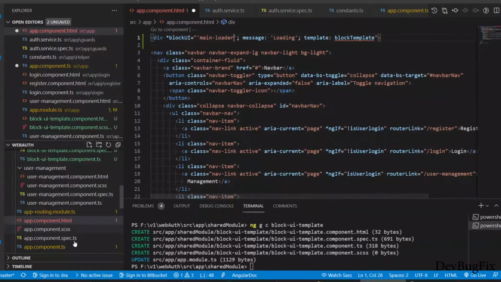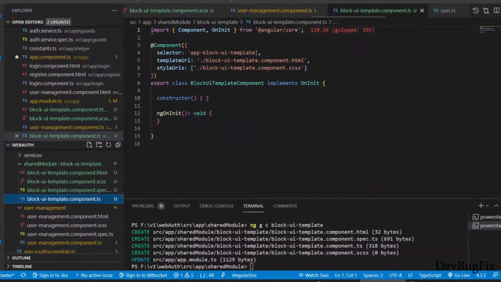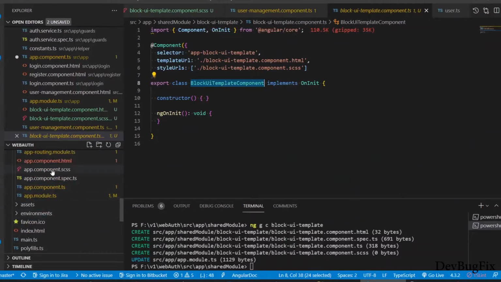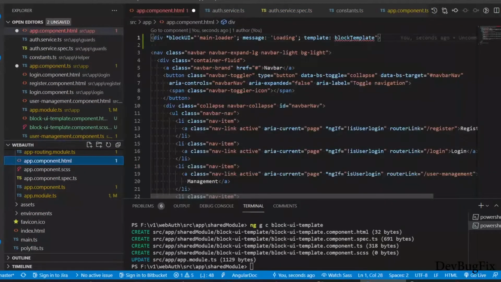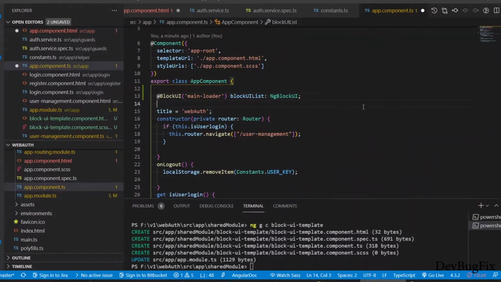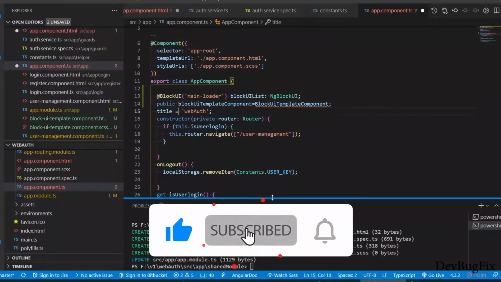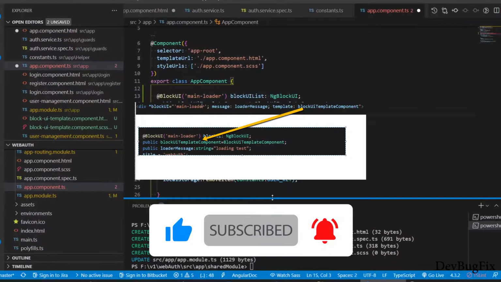We have to bind the template with our template, so I will copy the class name block UI template component, and I will create the object in the app component TS file, and will assign that object to this component. Here I will create the object of block UI template component like this. I already assigned in the HTML file.